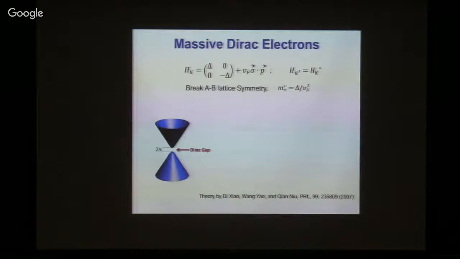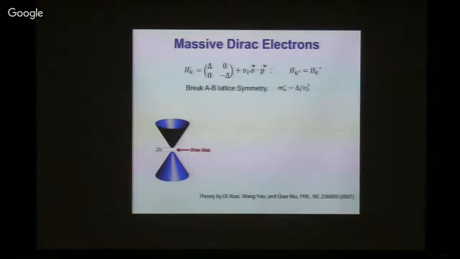And in order to create an electron-hole pair, you need to put in 2 delta here now. And in the language of high energy physics, basically this can be described effectively as a massive particle, because to generate a particle-antiparticle pair, you need to put in finite energy. And from the Einstein relation, the effective mass can be defined by the energy you put in, delta, divided by the speed of light squared. And in this problem, the linear dispersion speed of light is actually described by the Fermi velocity. So it will have this expression.